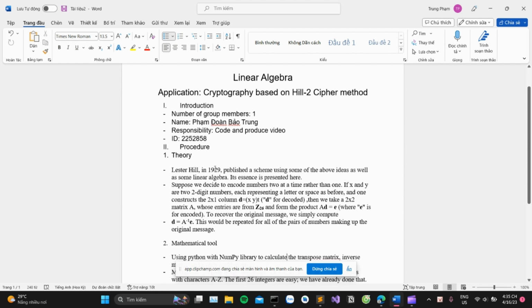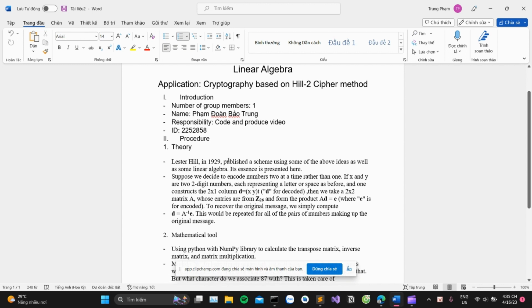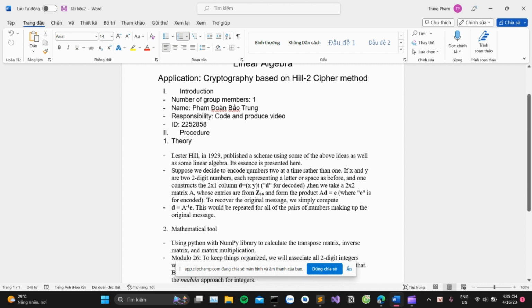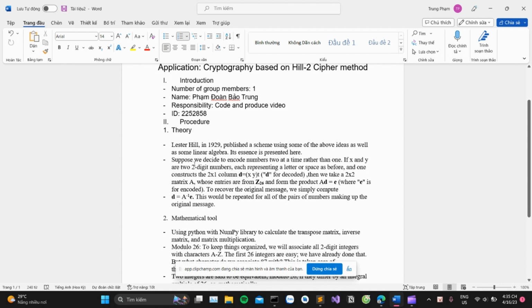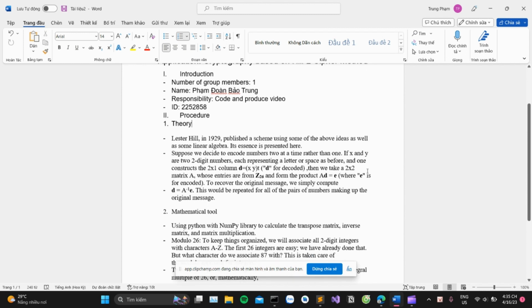First is the theory about cryptography, a method that was produced by Mr. Hill, published as a scheme using some available ideas as well as some linear algebra. Suppose that we decide to encode numbers 2 at a time rather than 1, and if x and y are two-digit numbers, each representing a letter or space as before, one constructs